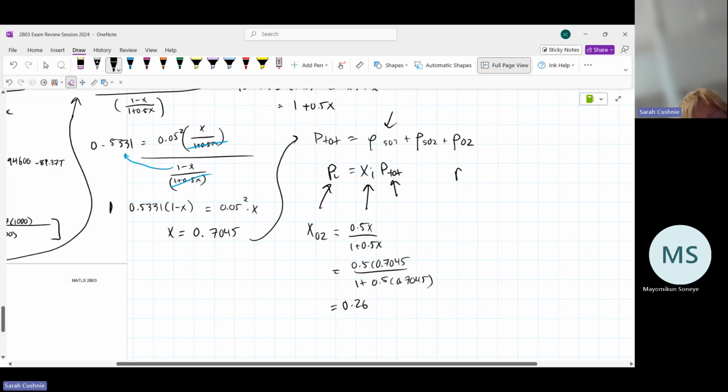So now we can say that the total pressure is equal to the partial pressure of O2 divided by the molar fraction of O2, which is 0.05 atmospheres divided by 0.26,